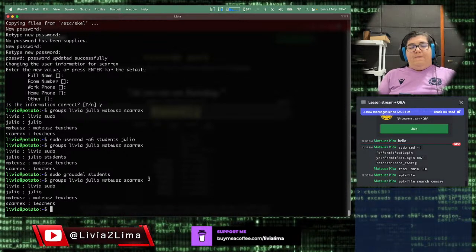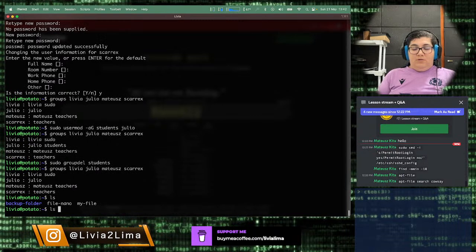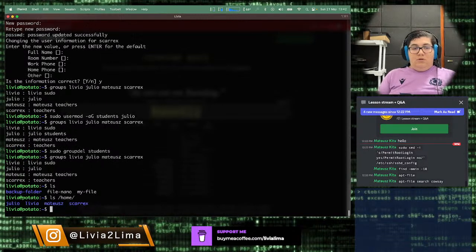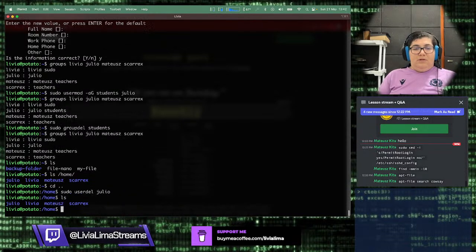What else? If I want, we're going to take a look at home. You see that all of them still have their home directories. If I just sudo userdel Julio, let's see, is the home folder still here. So userdel is not the best command for that. We can use